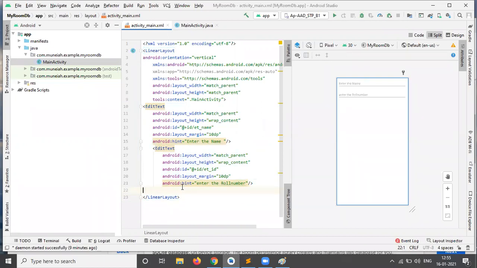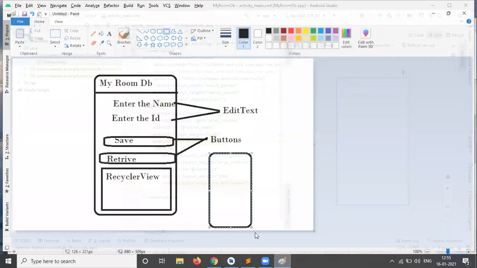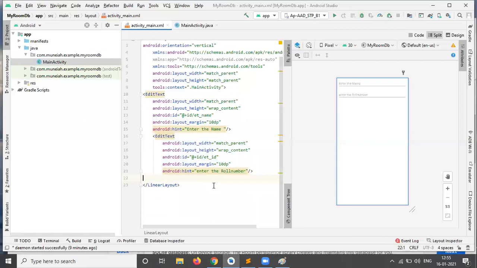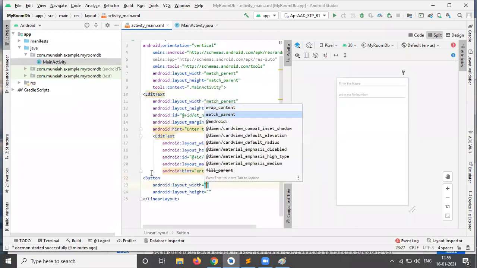Then the next thing is I need to take two buttons, one for save, another for retrieve. Let's add the two buttons here. Button class, then width is match parent and height is wrap content.